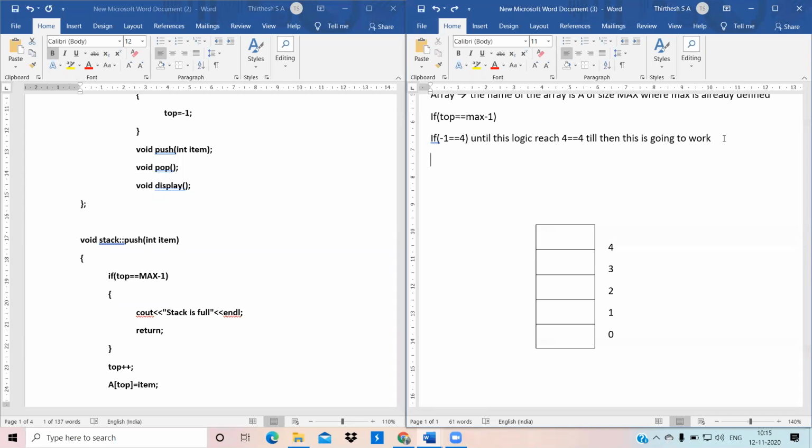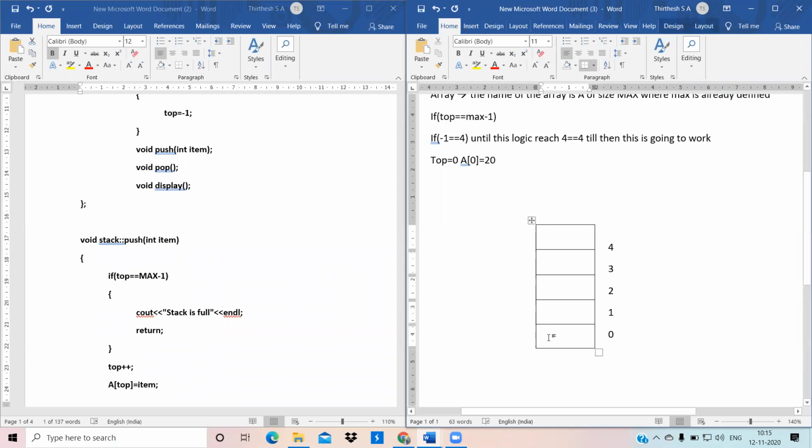What happens here is top increments, top previously -1, now top becomes 0. So a of top, a of 0, is equal to the item called 20. I am going to enter 20 into this part.